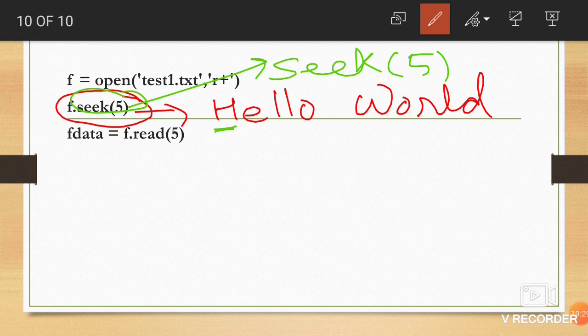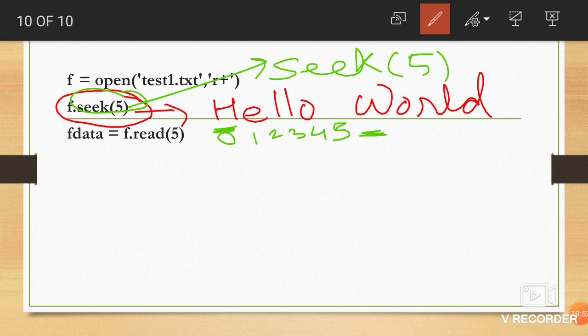What is the use of this? It will change the position of the file object. Initially it is on the H, so moving 5 places means 0, 1, 2, 3, 4, 5. Now your file handle will be here.